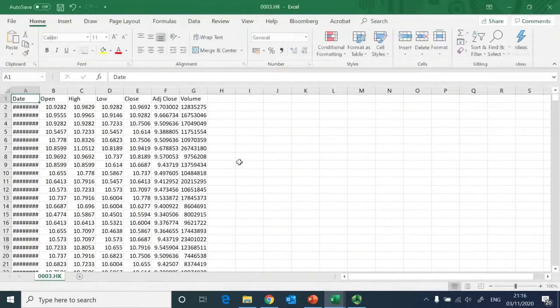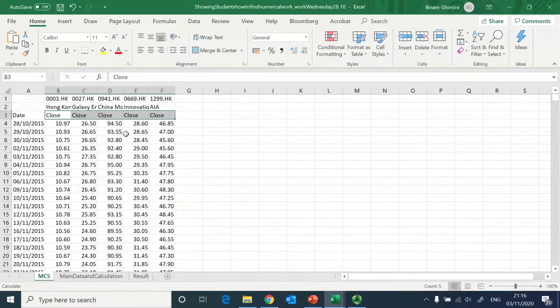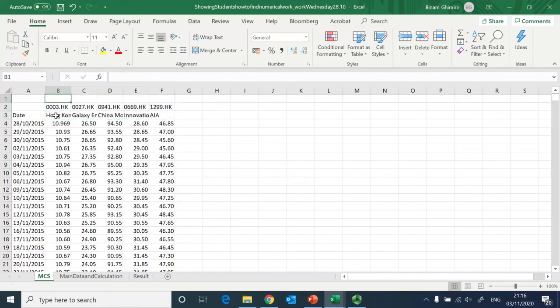For example, for this one, which is 10.9692 and so on, I've copied this, just the close price, 10.9692, and you can see that's the one. And similarly for all other 4 companies, I have the closing share price. Because that closing I don't even need to mention, this then basically means I can put their names down. So that's how I have downloaded the data just by visiting Yahoo Finance and